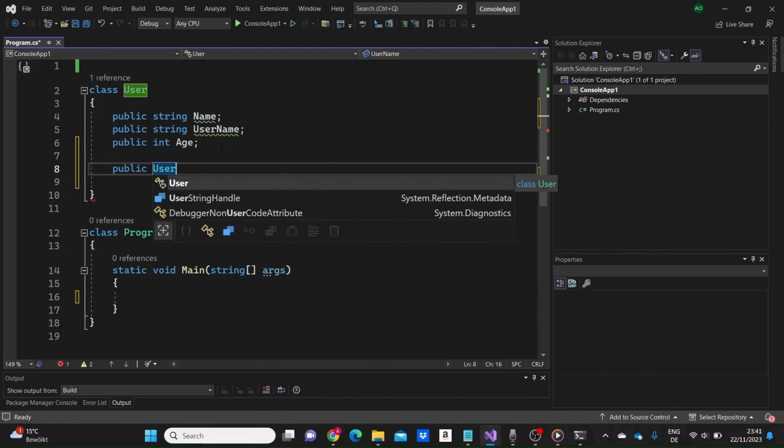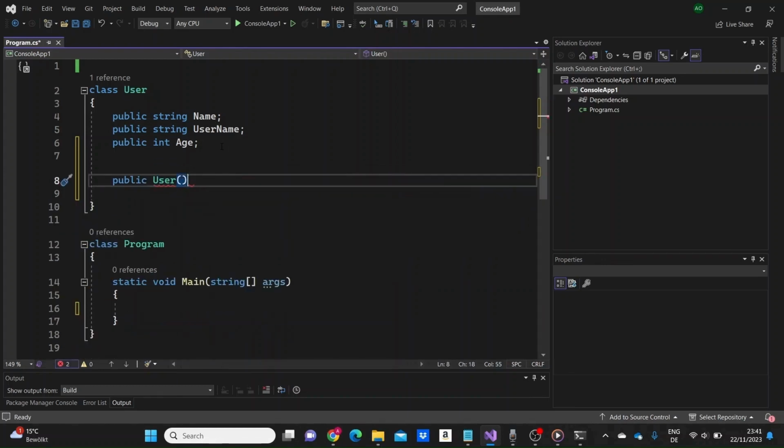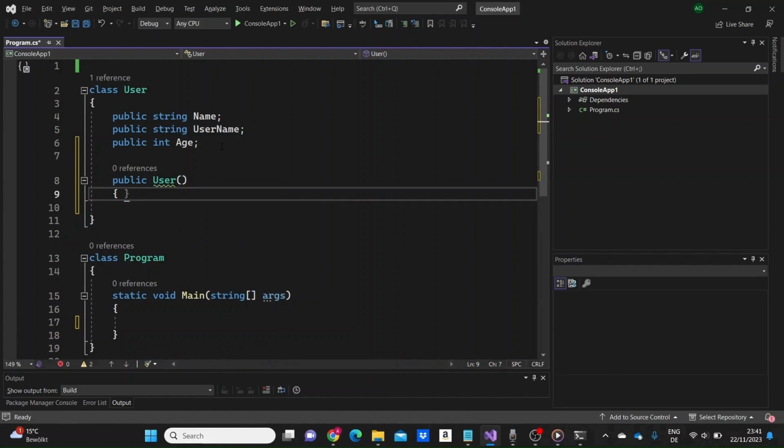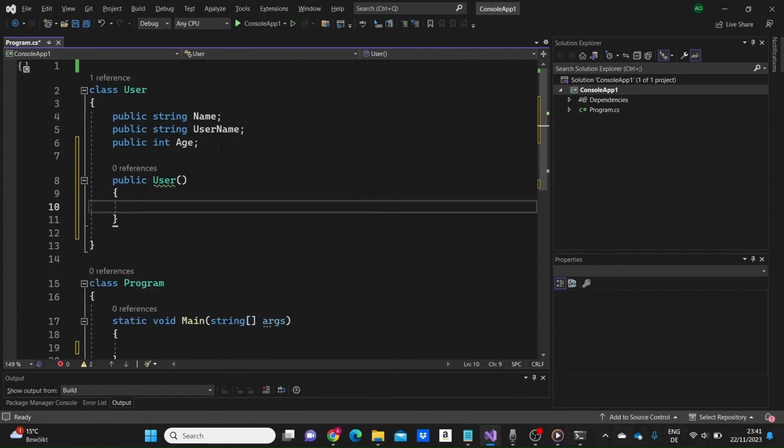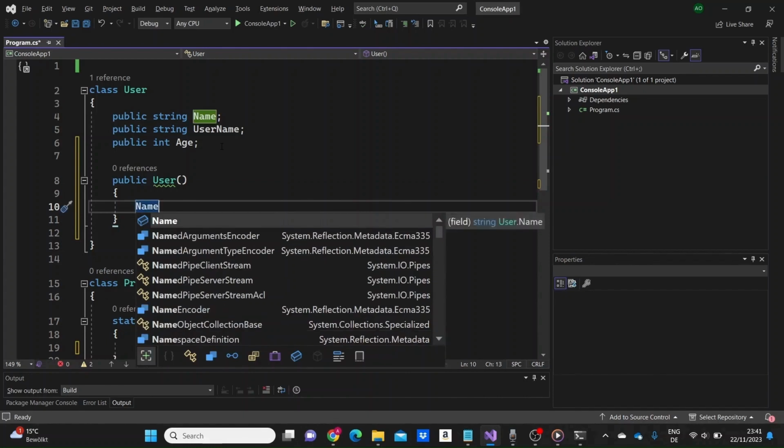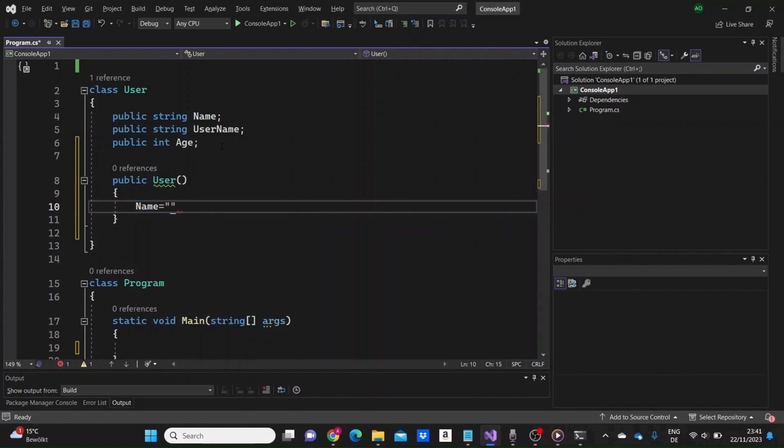After the name of the constructor here, we just write parentheses, and then inside curly braces we can give an initial value to a field. Let me just give here to the name field a value of Jake,